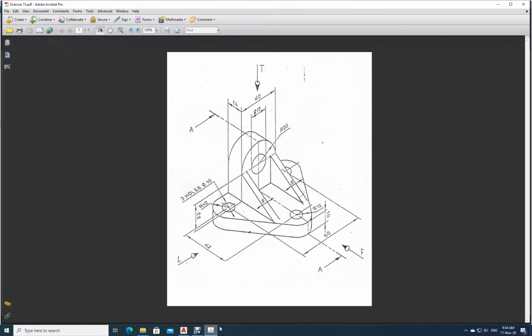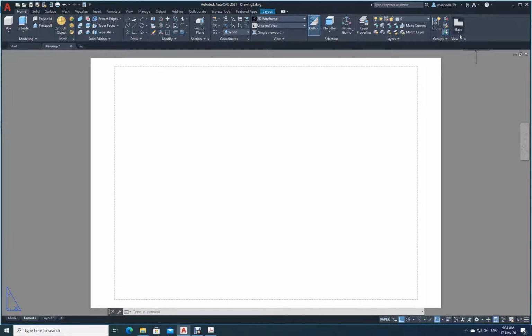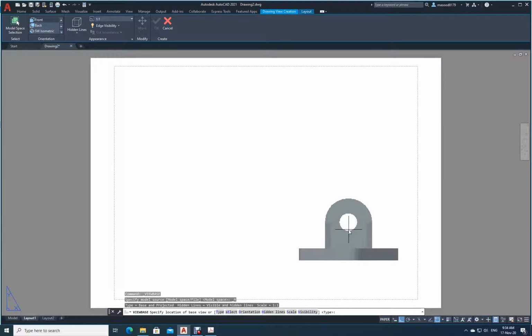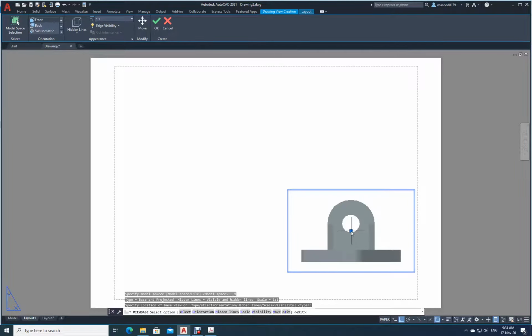Before that, let me just go back here and see which is my front view. This is my front view, understand? This is my front view. So let me go back and then select the base from model space, because this is your model space. I am coming here, see, I am coming perfectly okay. See there, I come over here. This was my front view indeed.